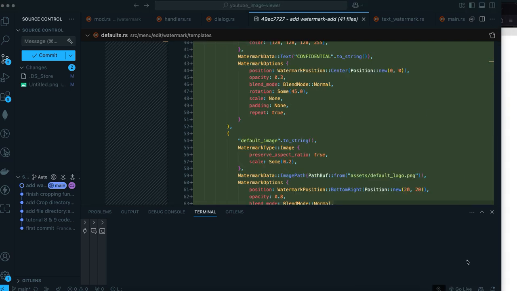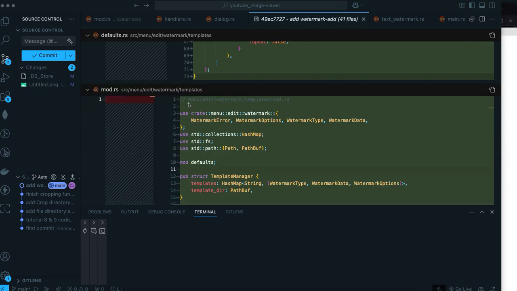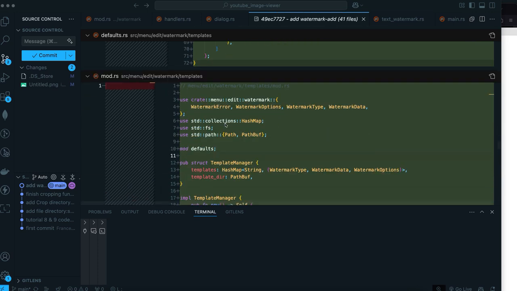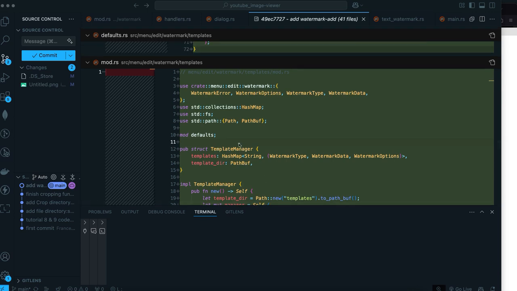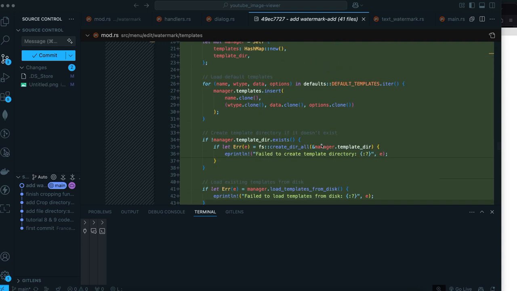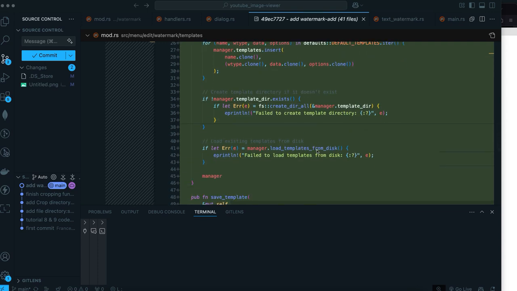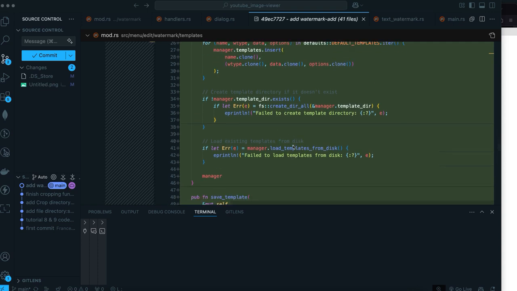Here we get more into the default types and the templates mode.rs file. What's happening here? This one is where it holds all the templates in memory. It maps the names to template data. As you can see, it's a hash map. It maintains the system file path. It does the initialization, default templates, creating a template directory,